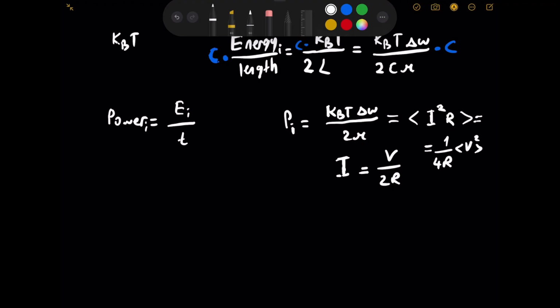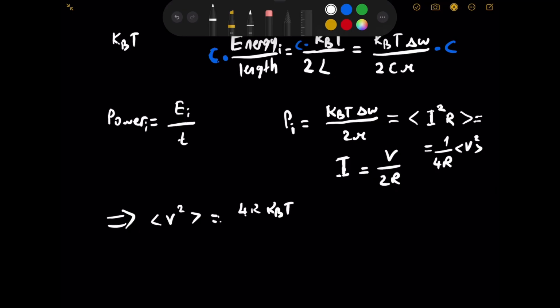Yep, I think so. Obviously, check my math, guys, right? Why would you not? And I mean, we're about to be done, basically. We're just looking for the average of V squared, actually. So V squared average. And notice, this is not the average of V squared. That would be 0 for a sinusoid, right? This is V squared, then you average it. So that's going to be then 4R